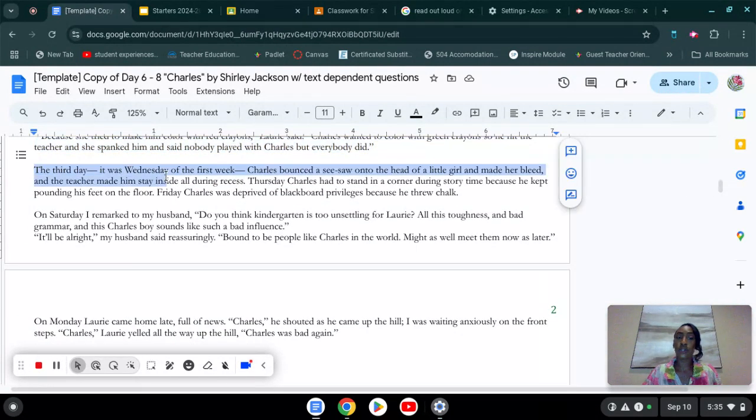The third day, it was Wednesday of the first week, Charles bounced a seesaw onto the head of a little girl and made her bleed. And the teacher made him stay inside all during recess. Thursday, Charles had to stand in the corner during story time because he kept pounding his feet on the floor. Friday, Charles was deprived, or that means when you take something away from somebody, of blackboard privileges because he threw